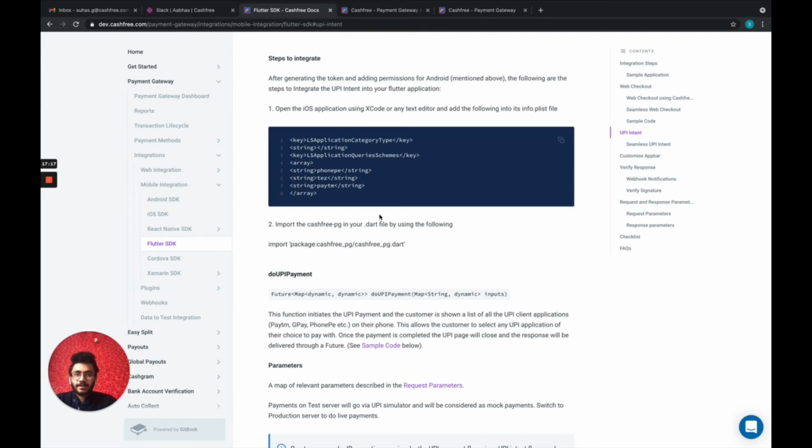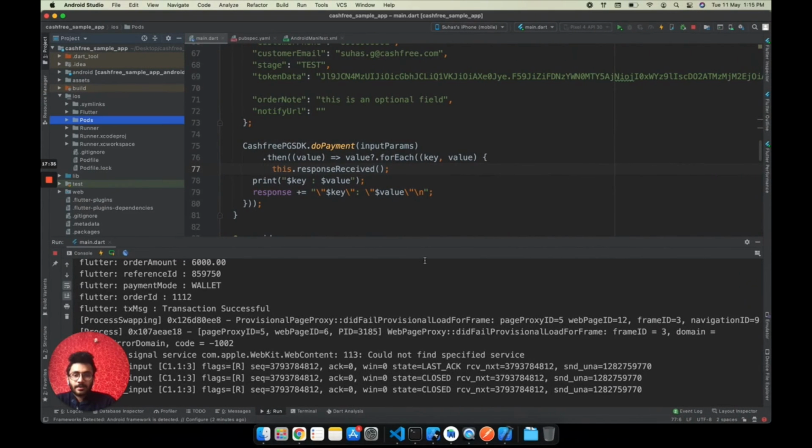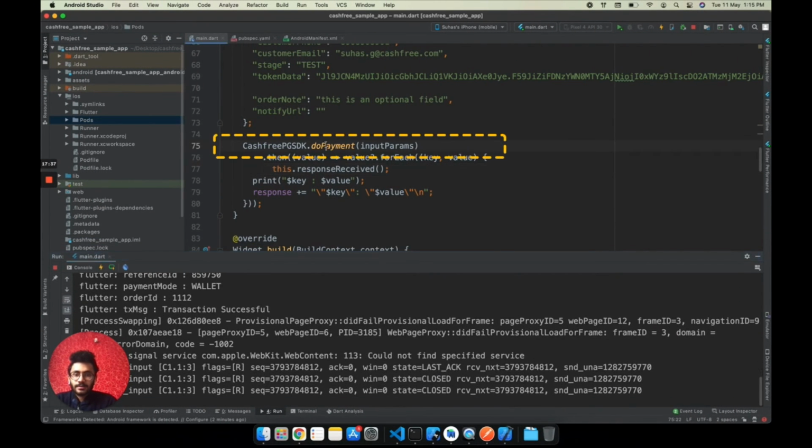So in this UPI intent, you can make payment directly by using one of your installed UPI apps. And to initiate this payment, you can make use of this UPI payment function. Similar to the previous function, it takes in an input and it returns a future. So let's do this. We'll initiate the do UPI payment function. So instead of this, you can make it as do UPI payment. And handling of the responses will still be the same.